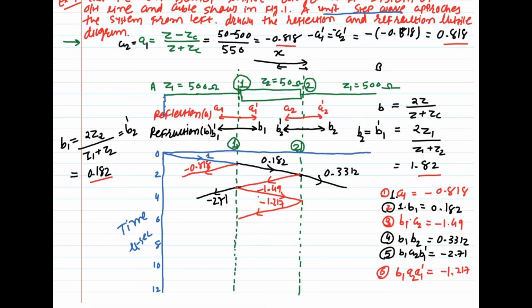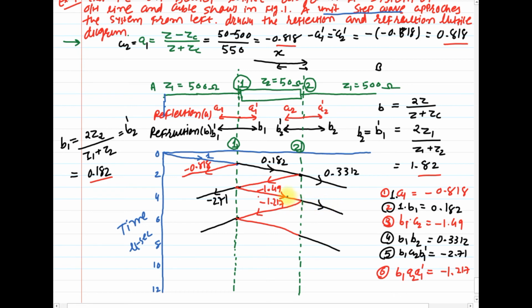Same way from here it will get reflected and the refracted. Clear? So on and so forth, you have to successively calculate the reflection and refraction coefficient. In your exam, it is asked to draw this diagram for a certain time limit. If it is said that for the 6 microseconds, so for that you need to calculate up to this. That means, let me write the next answer for this.